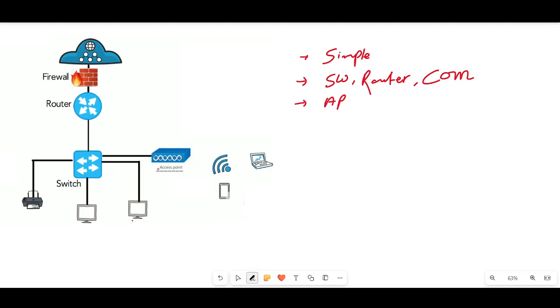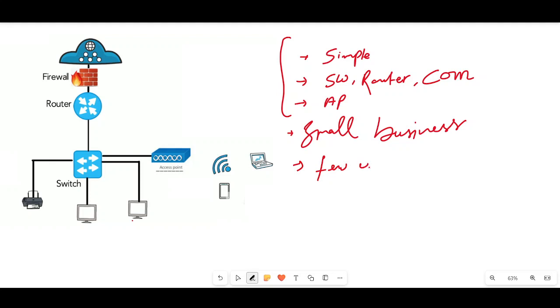Now we can say that it is used for small businesses. Clear? For small business, that means few users connect with each other.